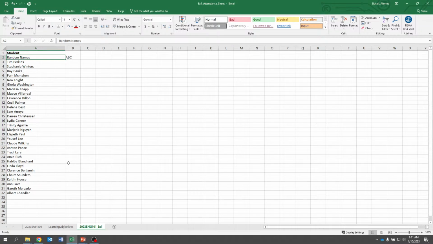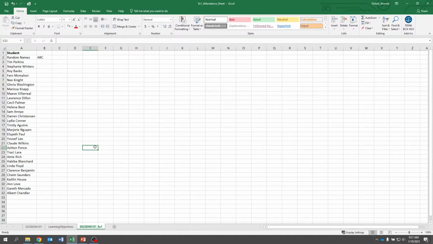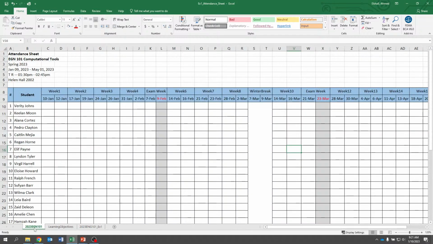So that's increase. If you want to fit the width to the exact size of the values that you have here, you can just stop here and double click. If I double click, that will fit to the size. Okay, so now I have the student names. What do I want to do next? I want to put some